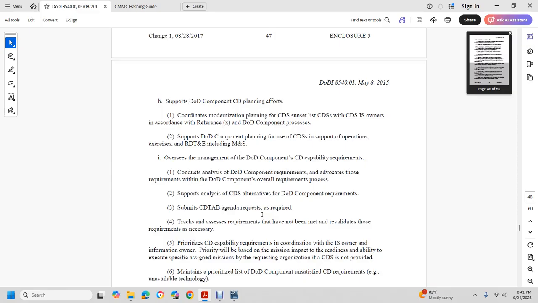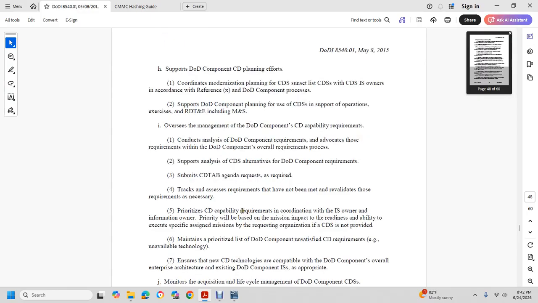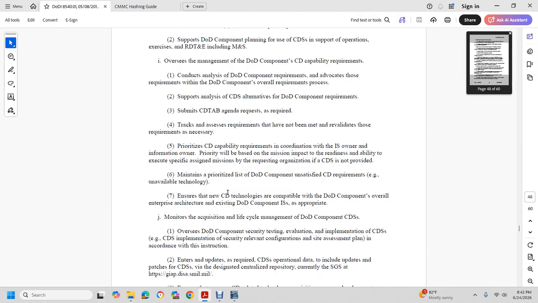Support DoD component planning and cross-domain services, and support operations, research, development, testing, evaluation, and MNS. Oversee management of the Department of Defense component cross-domain services capability requirements, conduct analysis of DoD component requirements, and advocate for the requirements within the Department of Defense component's overall requirements process. Support analysis of cross-domain services and the DoD component requirements, and limit cross-domain tab amendment requests as required. Track service access requirements that have not been met, revalidate requirements as necessary, and prioritize cross-domain capabilities and requirement coordination with